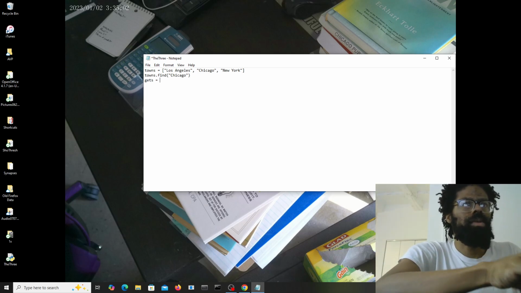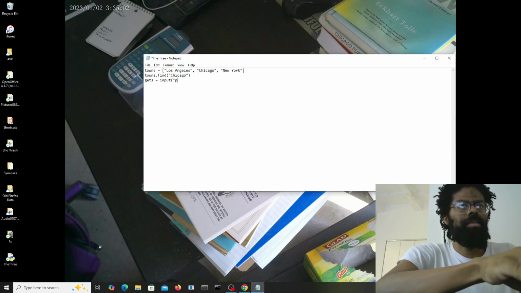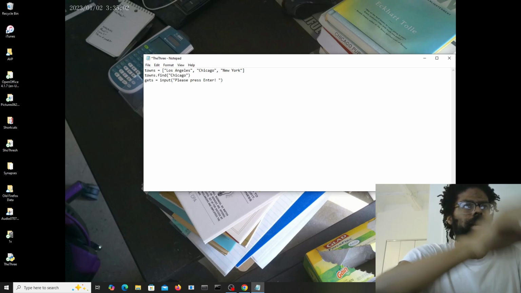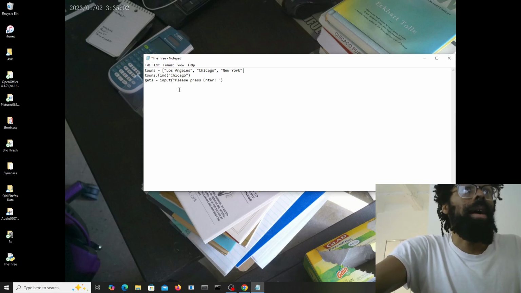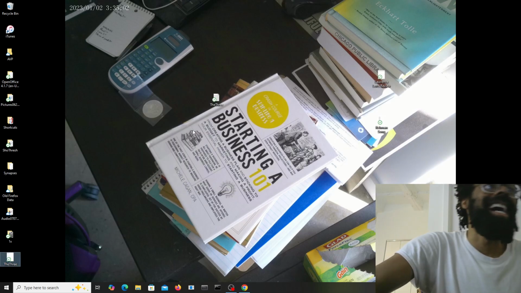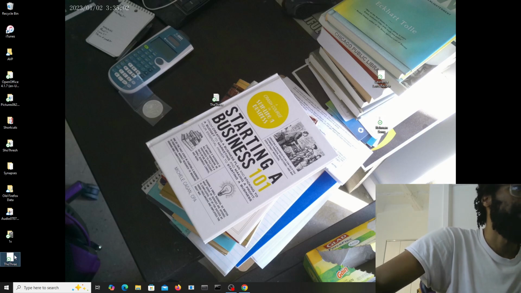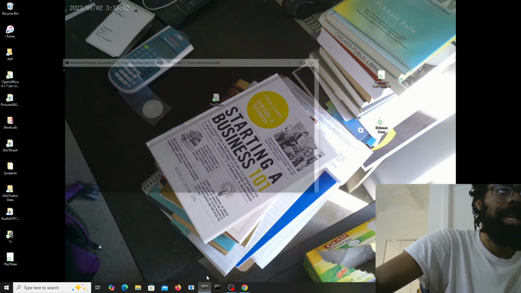Gets equals input. Probably shouldn't have deleted that part. So let's see if this works. No, it didn't work, so I made a mistake.